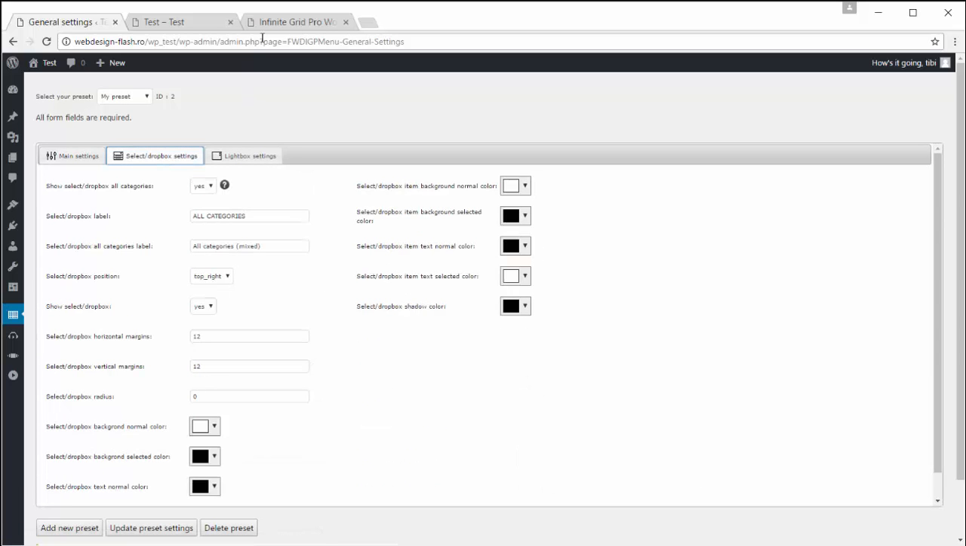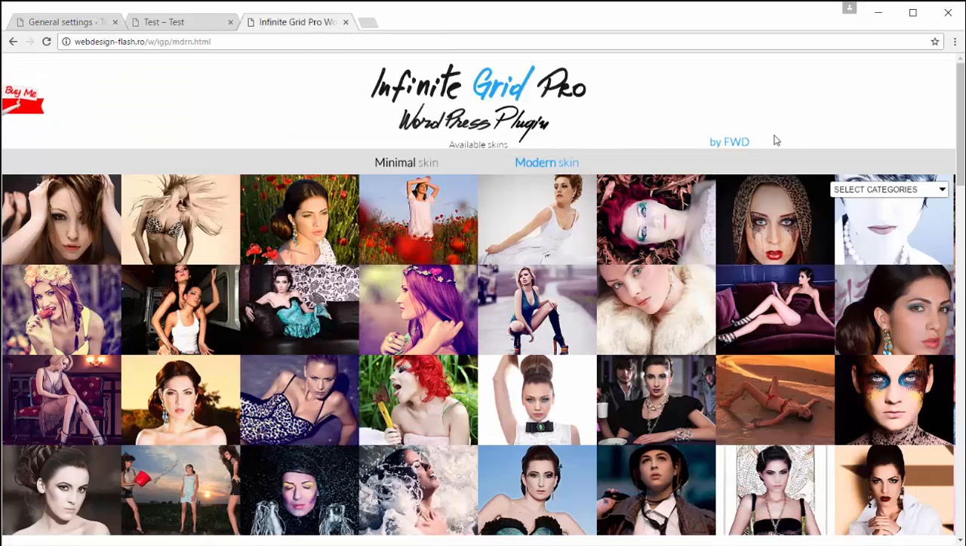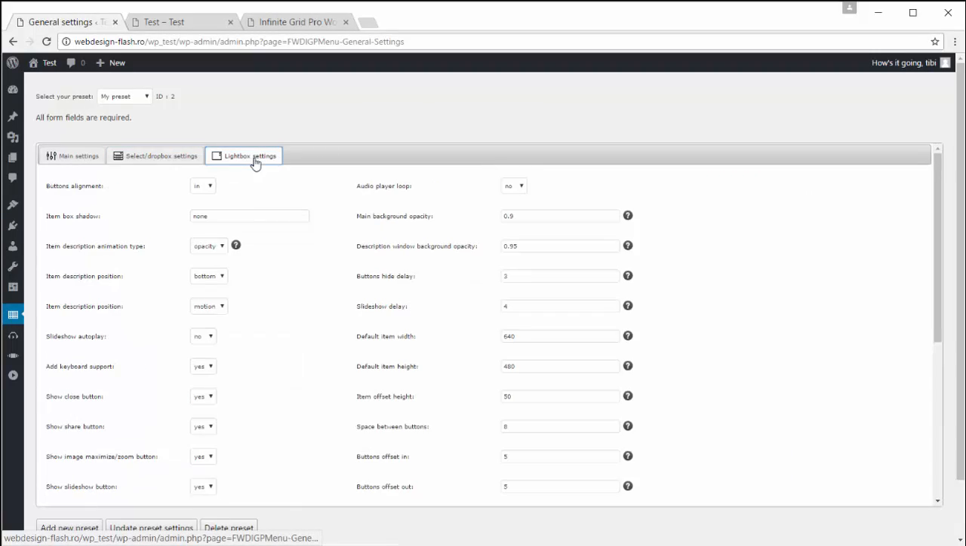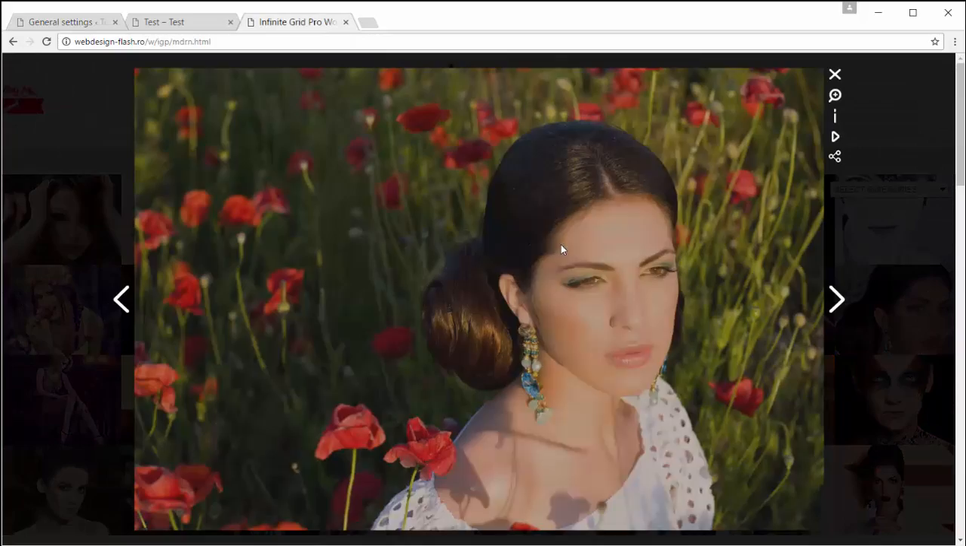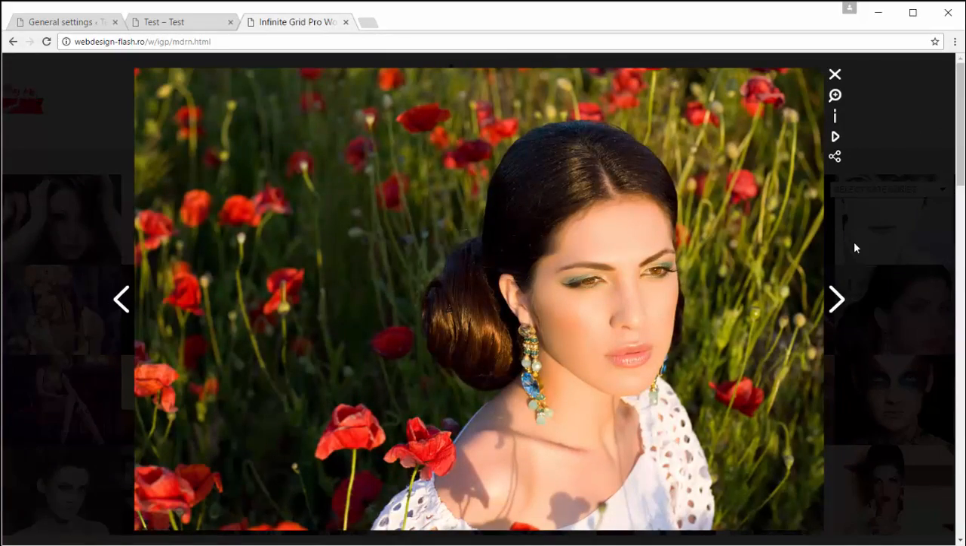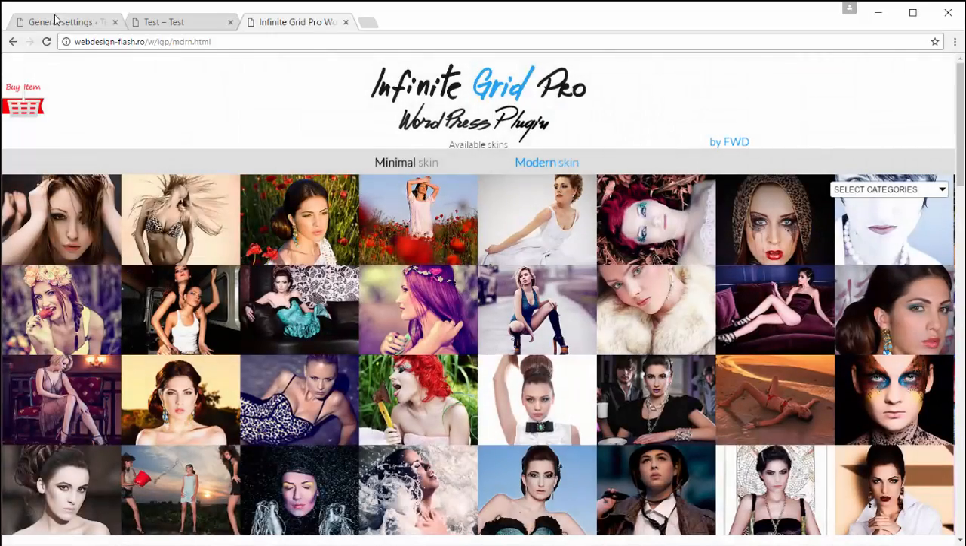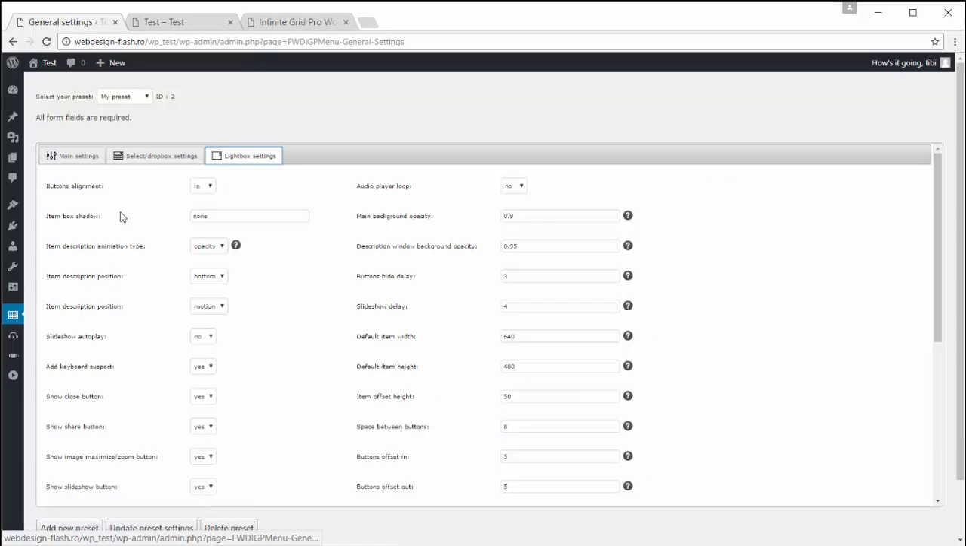the Dropbox settings, select Dropbox settings, this is what I mean by this little guy, and lightbox settings, which are the settings for the lightbox that opens when a thumbnail is clicked. So after the settings here are set based on your needs,